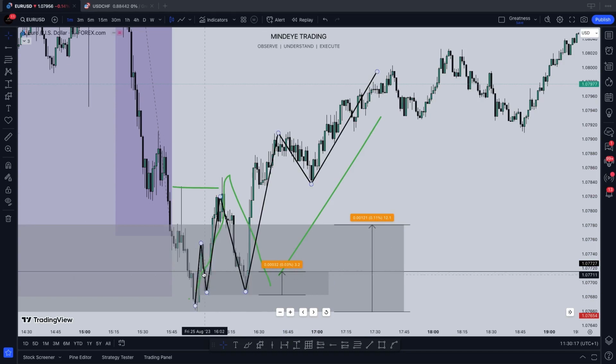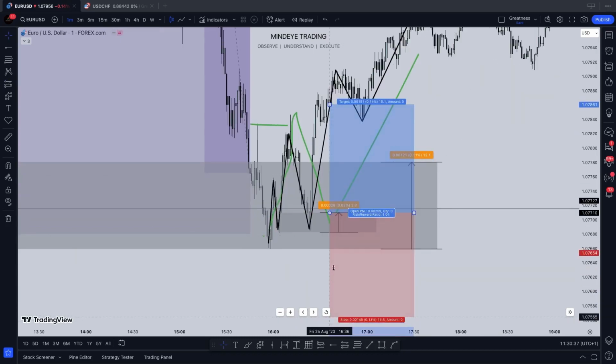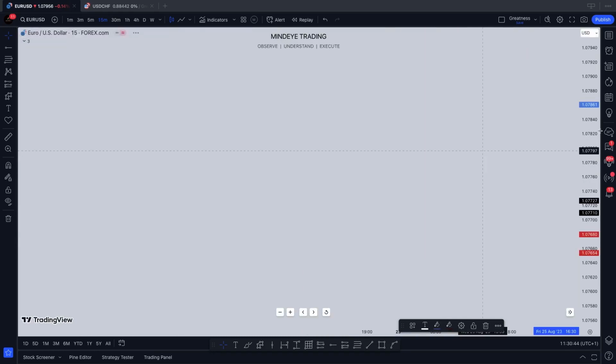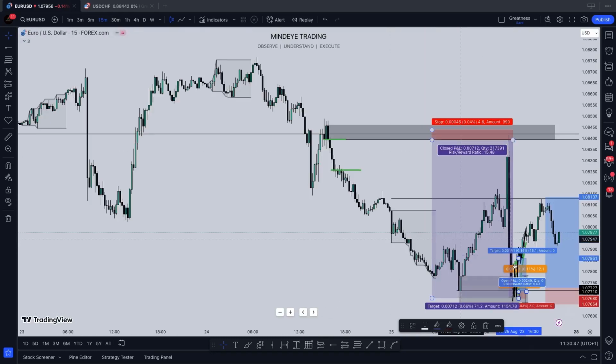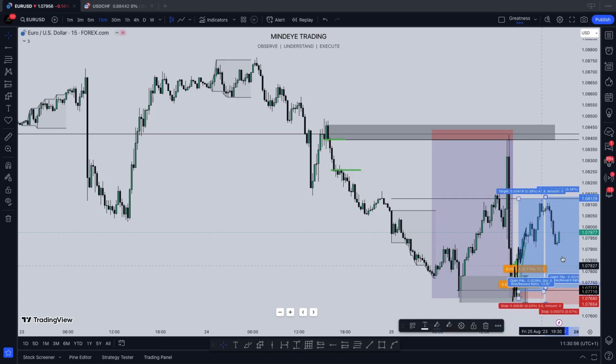Still the same area. You here would even reduce your stop loss further to this point, which will now move from 12 pips initially to 3.2 pips, and now the new area would be 2.8 pips stop loss, and you would take the buy from this point instead of that point I highlighted before, and your stop loss just maybe 1 pip below here, and the same take profit going to the 15 minutes to get the same take profit that we got before and was giving us 1 to 5 risk to reward. But now you are getting the same take profit, but this time for 1 to 13 risk to reward instead of 1 to 5, which was this initial one.